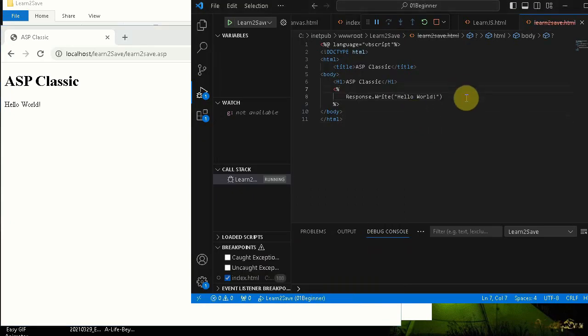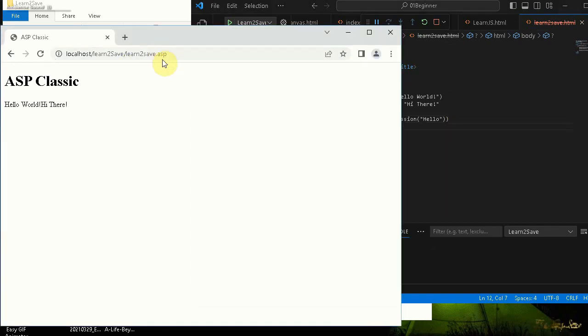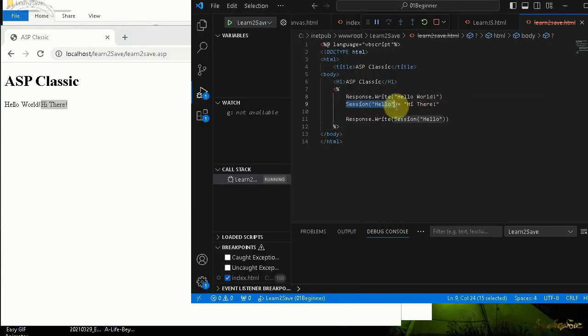And to save in ASP Classic, normally we will use session. And this is in session. To retrieve back the information, we can just say like so. And it's written in VBScript. You don't need to have a semicolon at the end. With this information, I can run it and it will show you hi there. This is the simplest way we can use to save your session information when you go from one page to